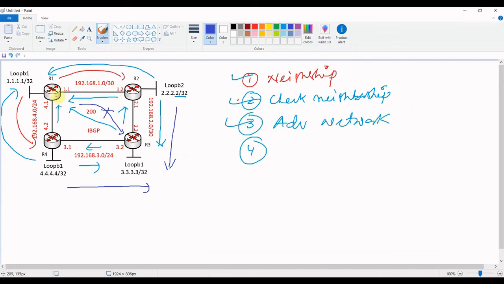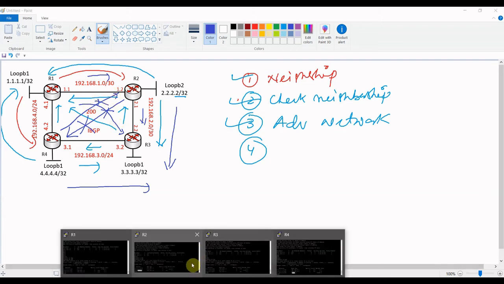It means the network which is advertised from R1 is not learned by R3, and the network which is advertised from R3 is not learned by R1. The same way, router 4 is learning the network from R1 and then R3, but he is not learning the network which is advertised between R3 and R4. And R2 as well, the network he is learning is between router 1 and router 2, between router 2 and router 3, but the network which is advertised between router 4 and router 3, he is not learning it. Would you like to see it?